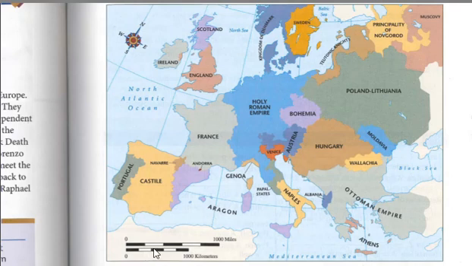Another thing that might come in handy is what's called a scale of miles. On this map, if I had a ruler, I could say from here to here, which I'd guess is maybe 1.75 inches, equals 1,000 miles. So if we wanted to map out, say, from England down to the Ottoman Empire, we could measure how long that is and make a guess. It's not going to be perfect, but we can make a guess at how many miles it is.